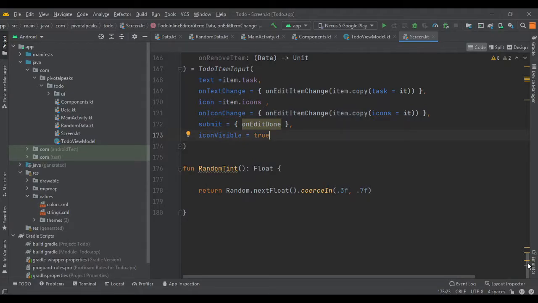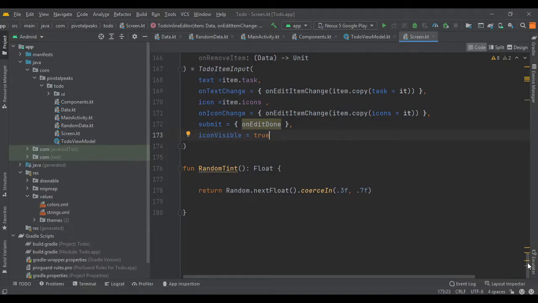And this is only possible because we already extracted the stateless composable from the to do item input in the previous video, if you remember. So we are able to use it in this stateless context easily. So this just shows the reusability of stateless composables, that we are able to host the state in the view model for the inline editor.